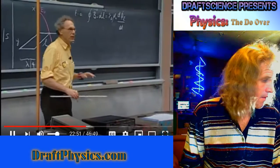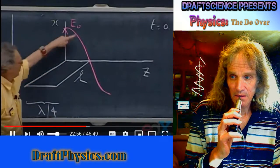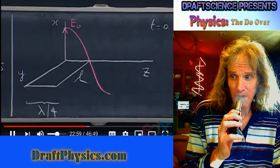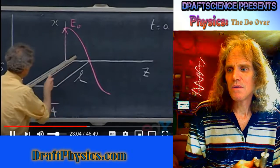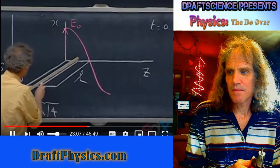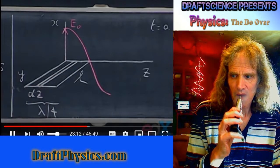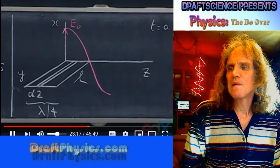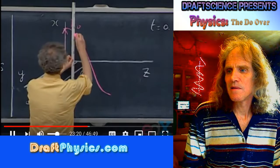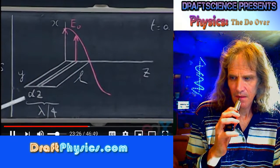Is not constant. The electric field is 0 here, and has a maximum here, and falls off in this way. So I have to do an integral. So I'm going to make a slice here. And this slice here has a width dz. And in that very narrow slice, the electric field is approximately constant. Right here, the electric field has this value, but everywhere in that slice, it has the same value, because remember,